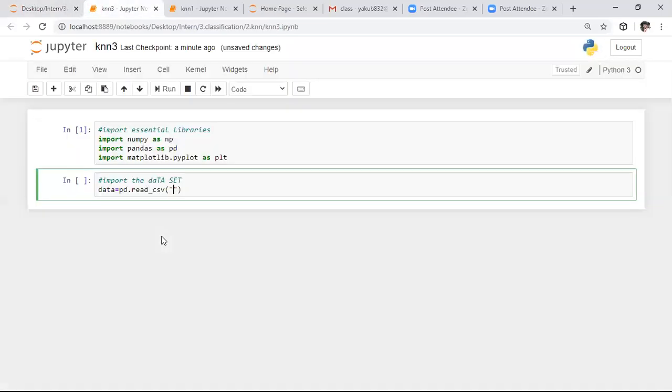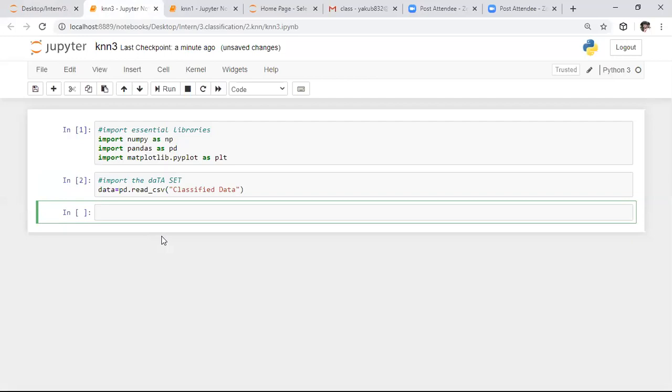So here we need to read this data. For the file name also we don't have an extension. That's why here also I'm not specifying the extension. Whereas here I want to observe the head of this data. Whenever you observe the head of this data, what does it return? Here we are getting 2 index columns.